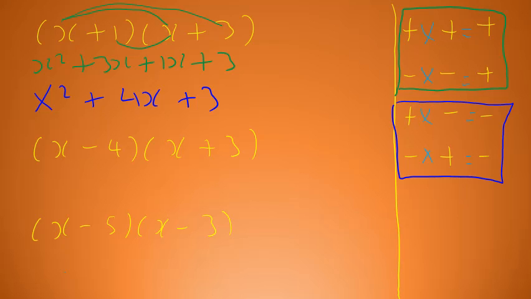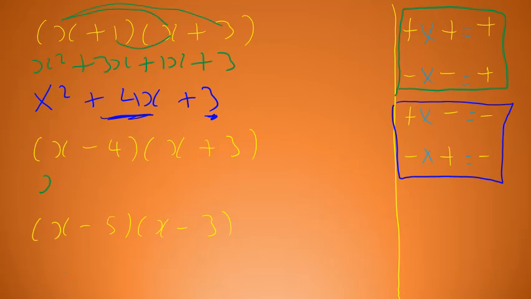Now your teachers at school may actually do this with you, that if you notice that you get the number 4 by adding 1 and 3, and you get the number 3 here by multiplying 1 and 3. So when we look at expanding two brackets and we get a quadratic function, what you'll find is this is the sum of the roots. So in this case it's the 1 plus the 3, and this is the product. Okay, but this is really more A level, but just to give you an insight. Okay, the next one,